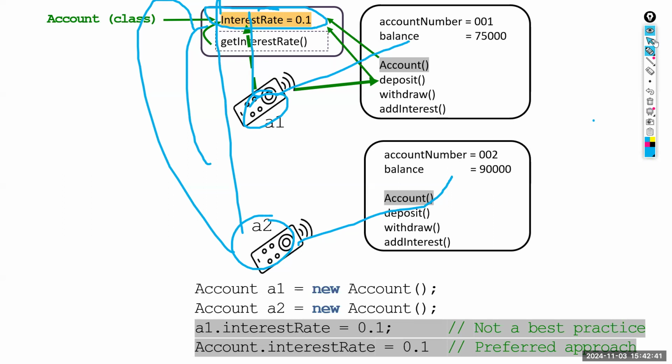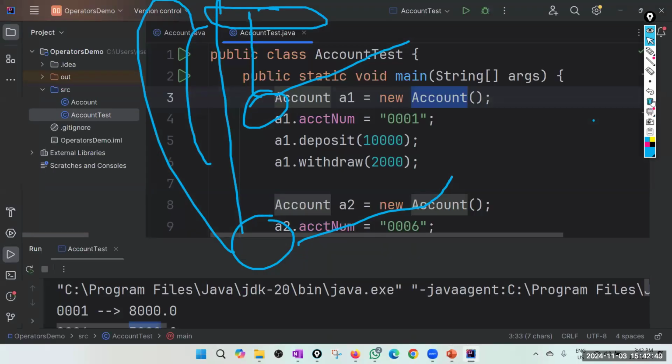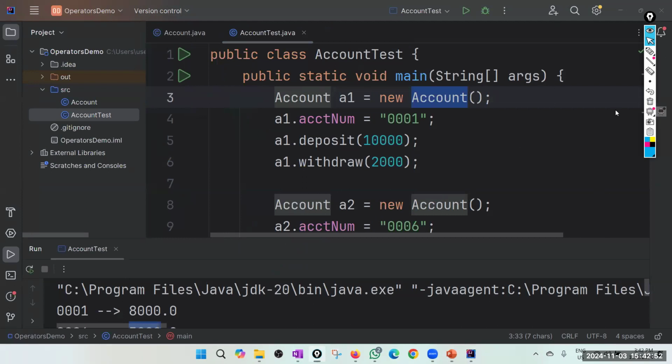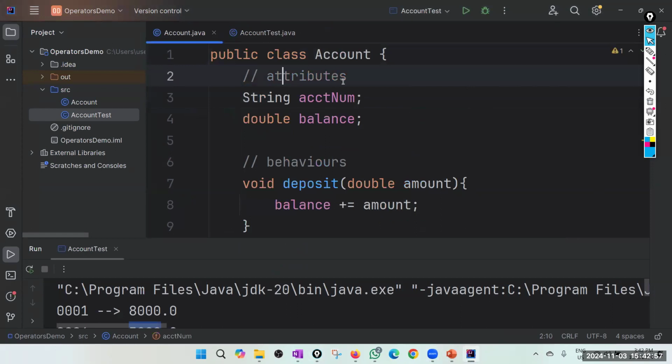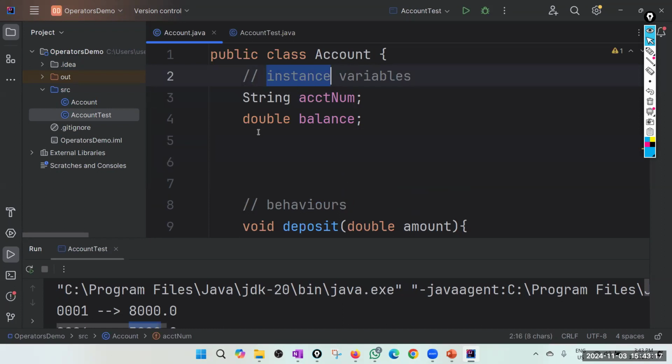Right? Okay. So therefore, when you refer to the class variables, now let's model it. So now we gradually model the scenario. Now, earlier I just call it attribute, but now I call this instance variables. And these are instance variables. Why? Because I have not added any static keyword. But if I take interest rate, I don't want to make it instance variable. I will make it static.